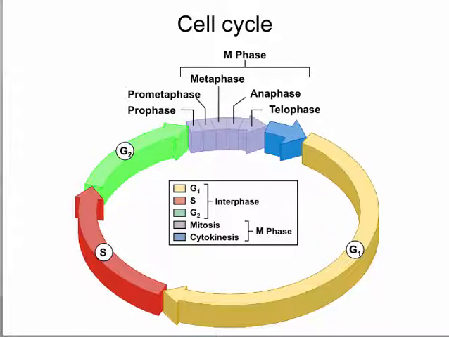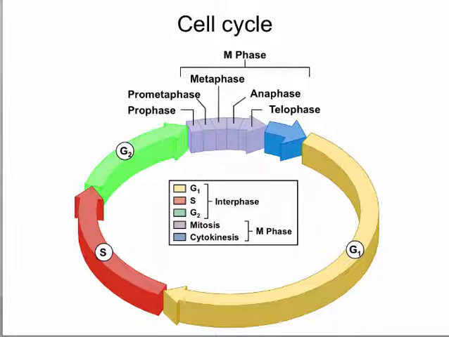And let's start, for instance, in a cell that just came out of a cell division, so right out of cytokinesis. And that cell is a recently formed cell, and that cell would start in what we call the G1 cycle, or the growth 1 phase. And this is the phase in which cells will spend most of their life.